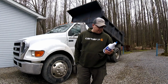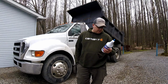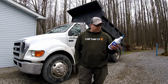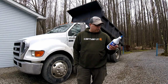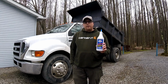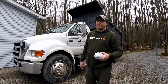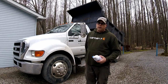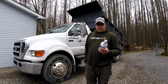And it also says not only a leak stopper, but also excellent additive for worn engines. The user can expect less engine noise, higher oil pressure, and less oil consumption. So what I did, I was a little low on oil, about a quart. I put a quart of this in there. I run semi-synthetic oil in here. I just did an oil filter and fluid change, and I was a quart low, so I put a quart